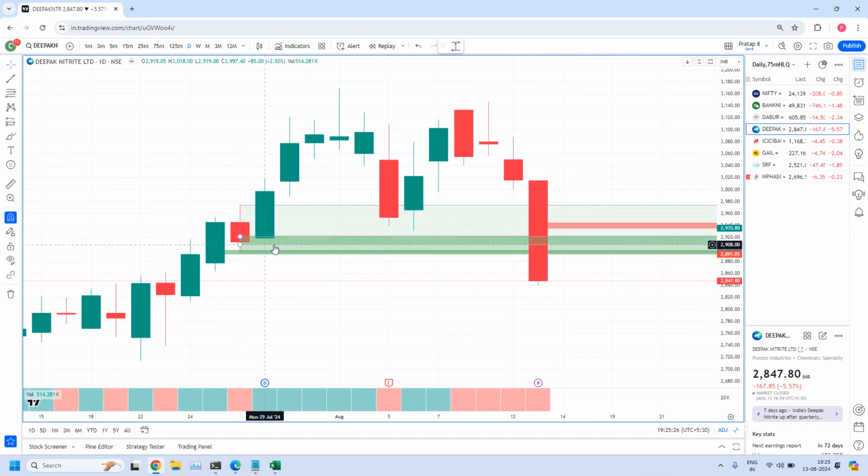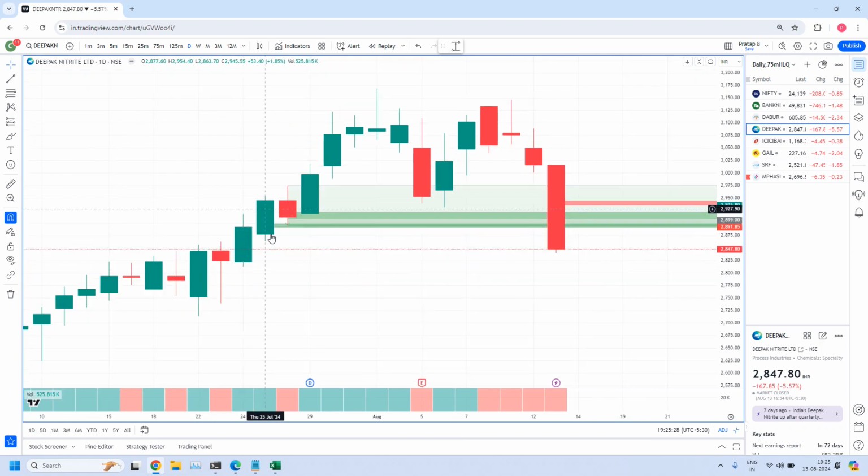So what is this? Our software identified rally, base, rally. Rally, base, rally. And also we know that this zone will be violated, but still we got a trade because of a new concept you learned in lesson 23, if I am not wrong. I will remind you of that concept once again. An important strategy we identified.